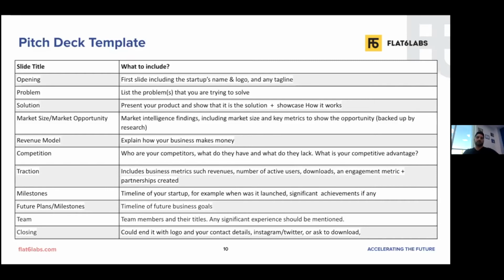Next, you want to go into competition. And the reason competition is super important is that you'd be surprised how many people you meet who sort of jump the gun. I've come across people all the time who are trying to solve a problem that's sometimes already being solved, which is okay, because sometimes there's still a lot of room in the market. But then the biggest turnoff for an investor is that you don't know your market space. You don't understand